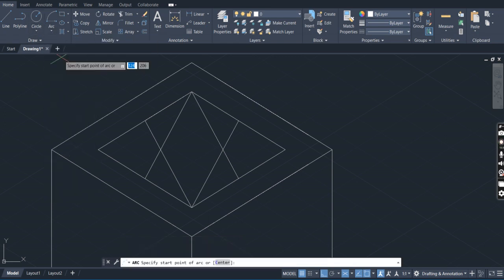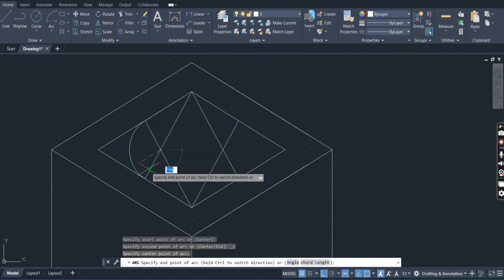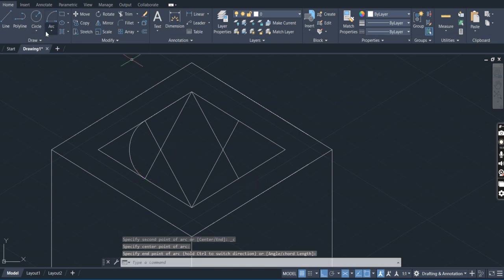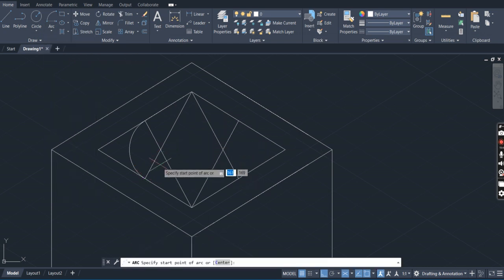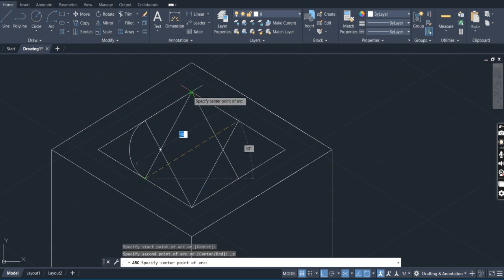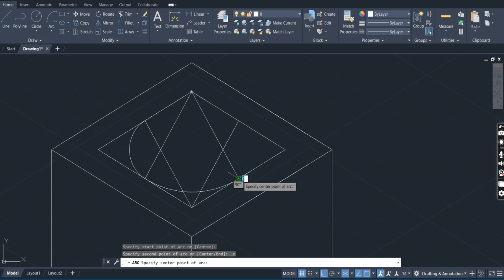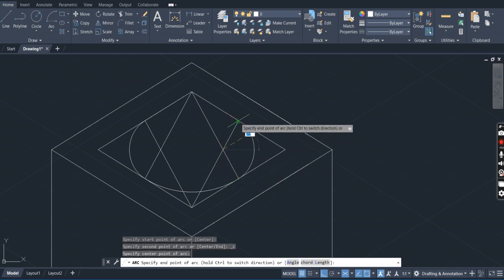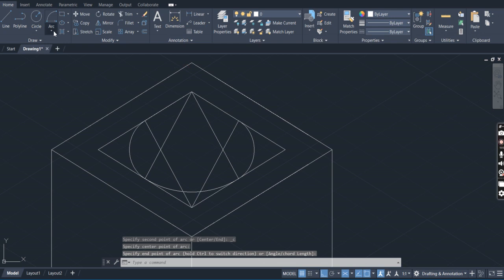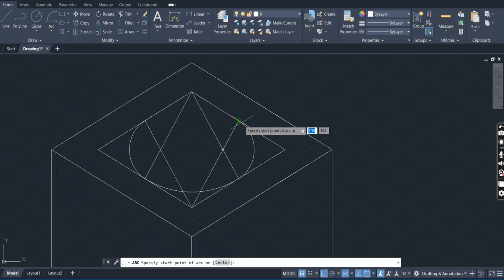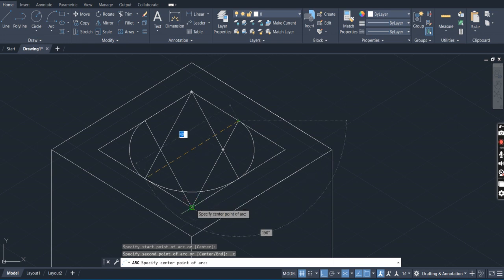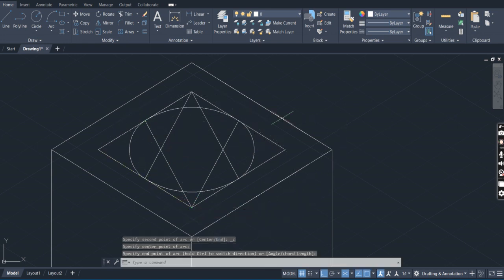Arc, start, center, end. So this is start, center, and start. This is center for this one. End point, start, center, and you need to have patience. Start, center, and okay, after getting all these things,